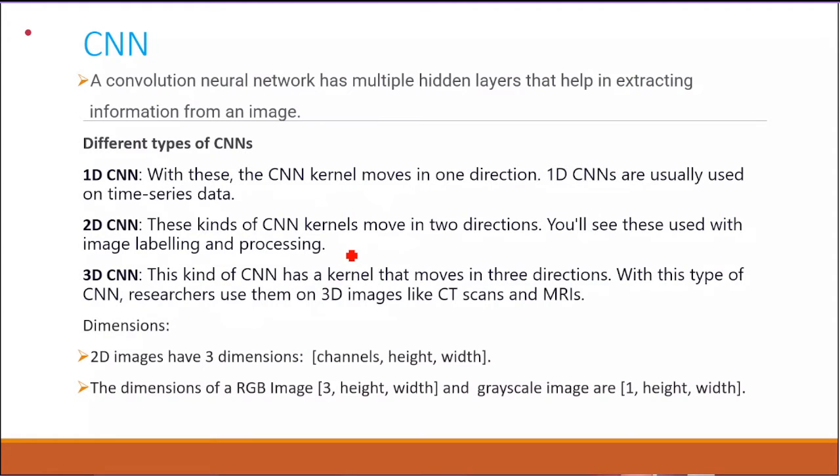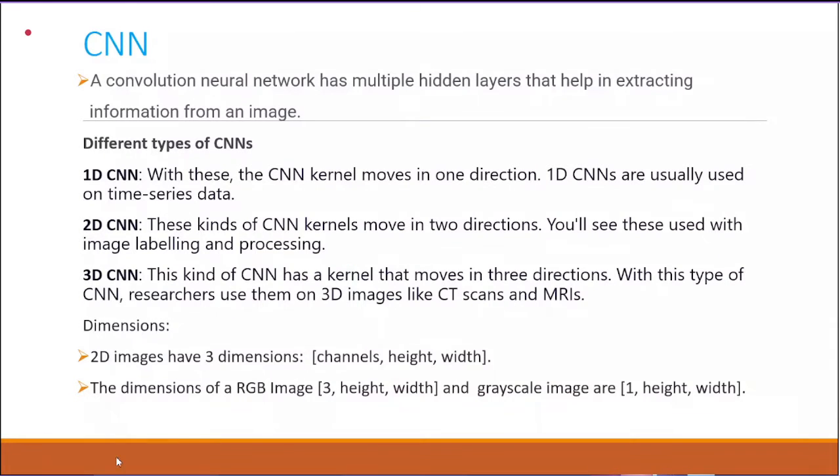Generally, we can use it in research like medical image processing, PET images, CT images, and MRI. We can apply the CNN. So today we'll see how two-dimensional CNN images are going to be processed, and I'll have one demo showing how the classification is carried out with the CIFAR-10 data set.